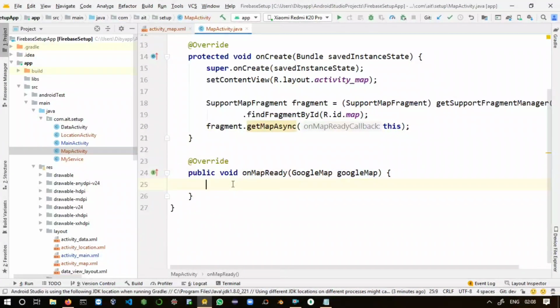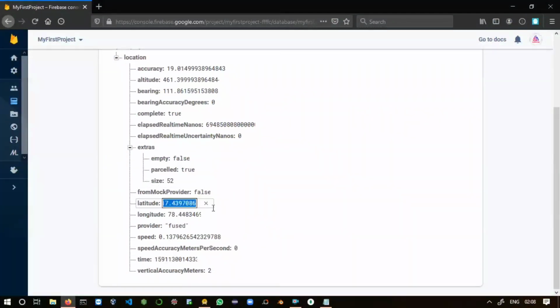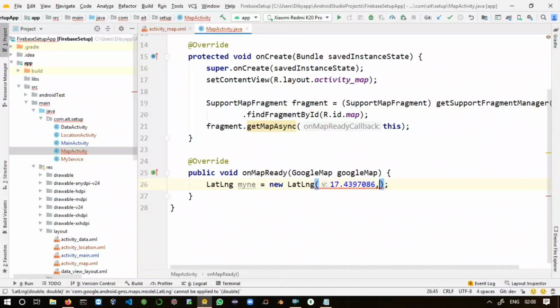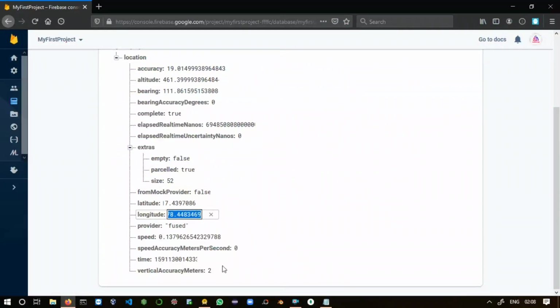Inside this onMapReady method you can set a LatLng. I will call it mine, equals new LatLng. Inside the constructor we have to pass this latitude and this longitude.